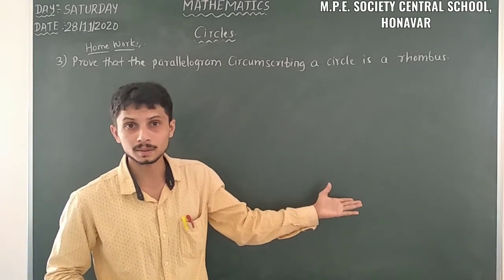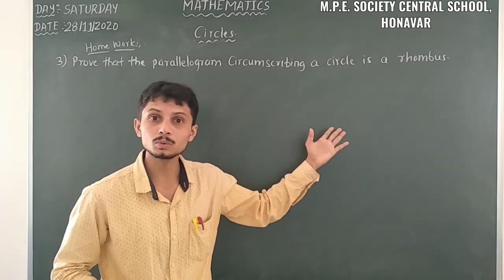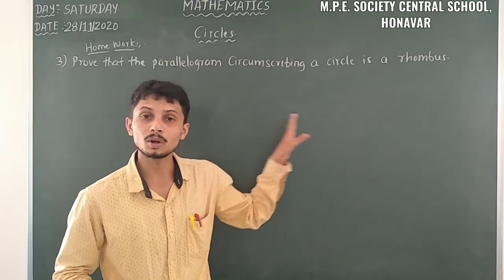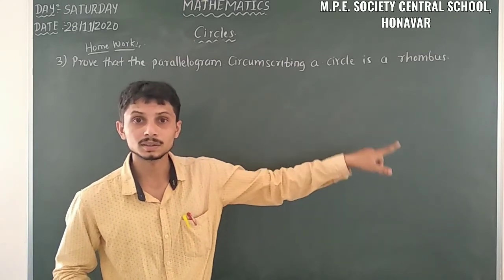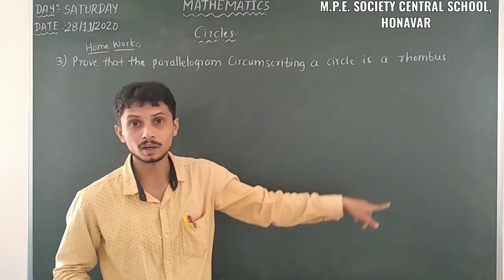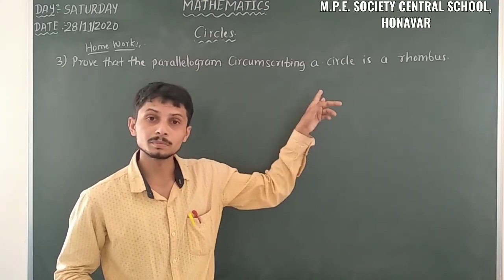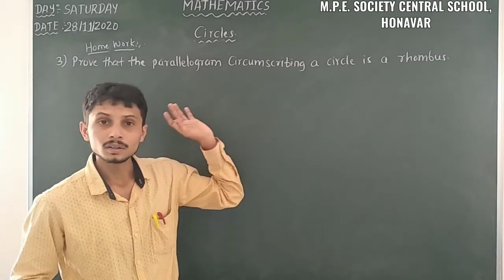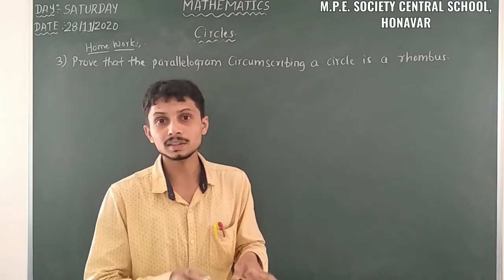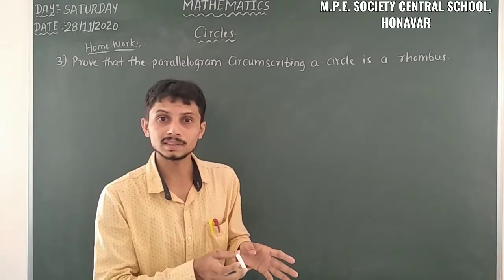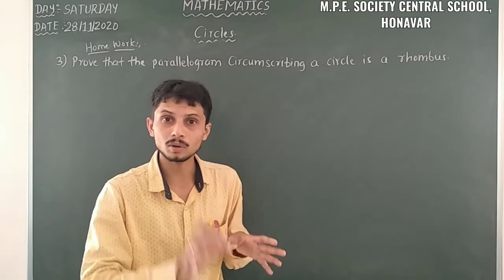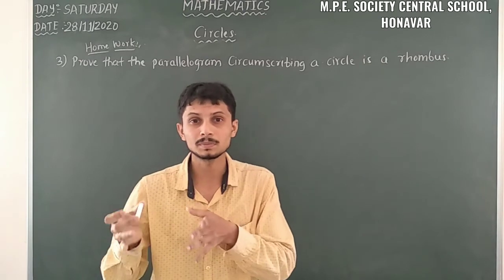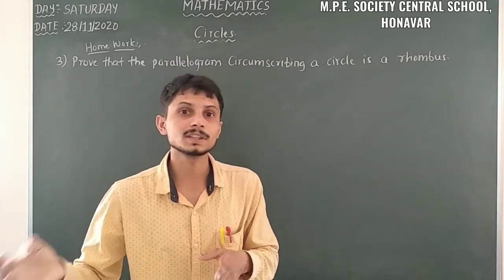Already you know about circumscribing. I explained these two problems in the video, and that one belongs to circumscribing. That means the sides of the parallelogram become tangents to the circle. There you have to take similar steps. Take the tangents, those two are equal, and then add them, and you get the relationship AB plus CD is equal to BC plus AD.